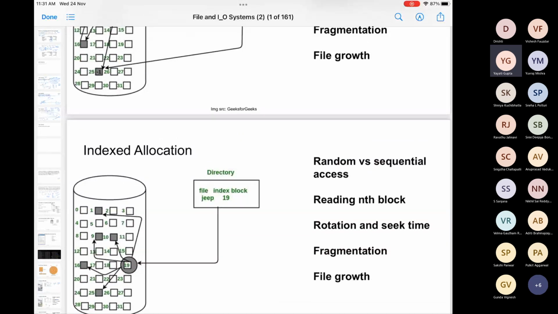Yes, we can use a combination of the approaches. We have the contiguous allocation, and the moment we run out of space in the contiguous allocation, we have a pointer to some other location. We can do that also. You get good transfer time and sequential access time, a mixture of the first ones. We can always do that.